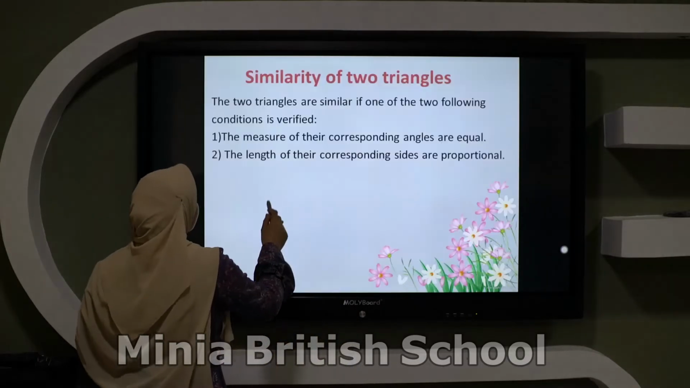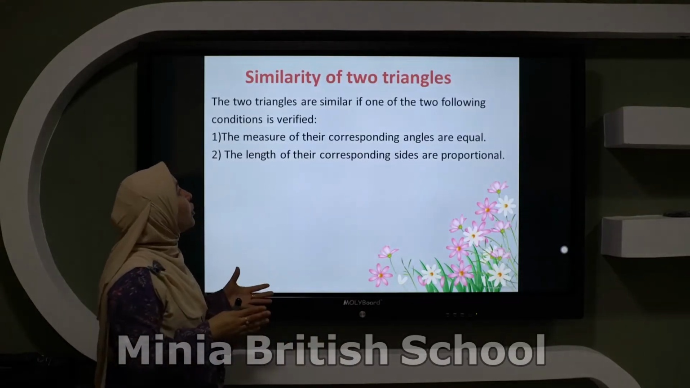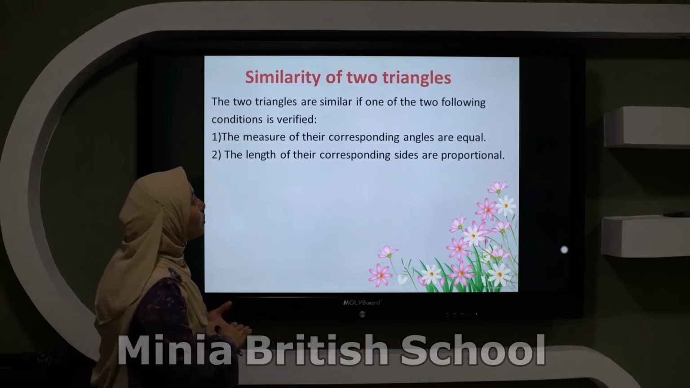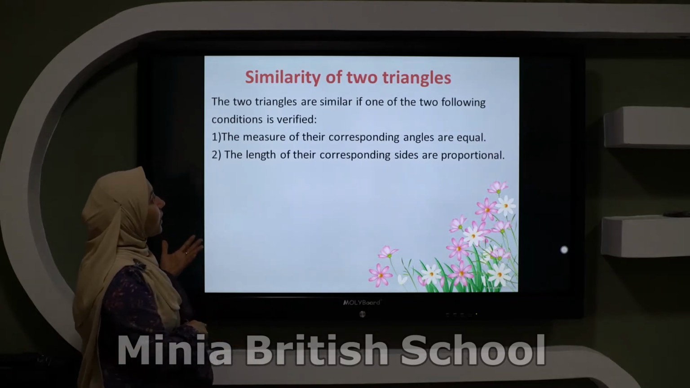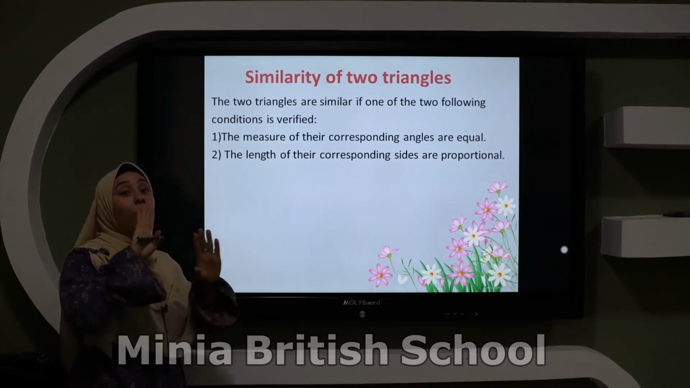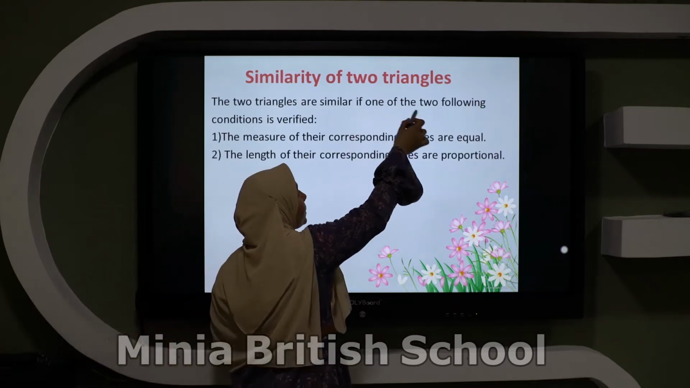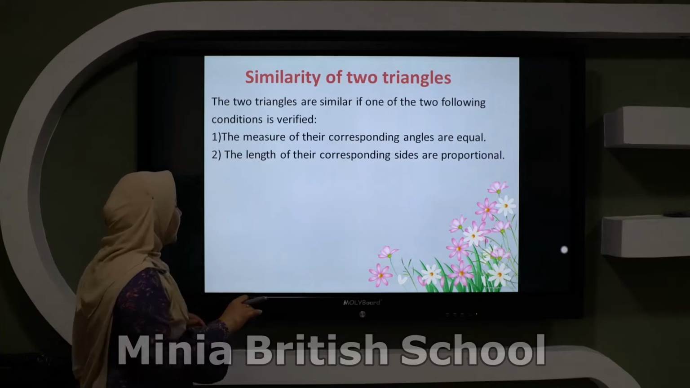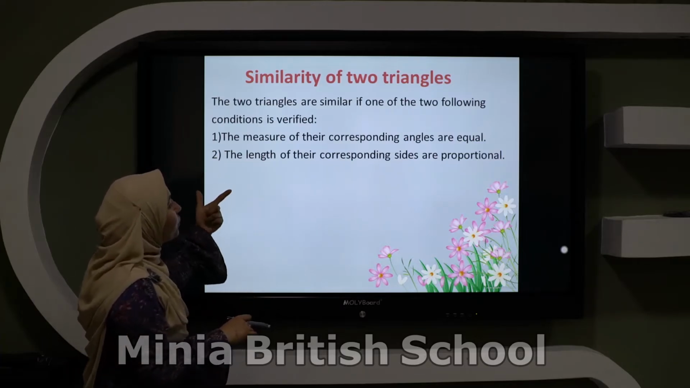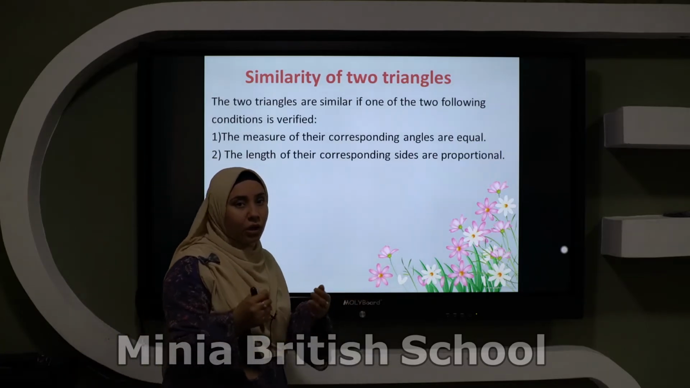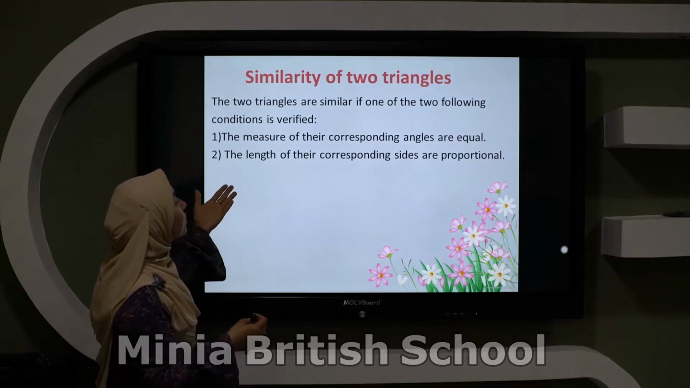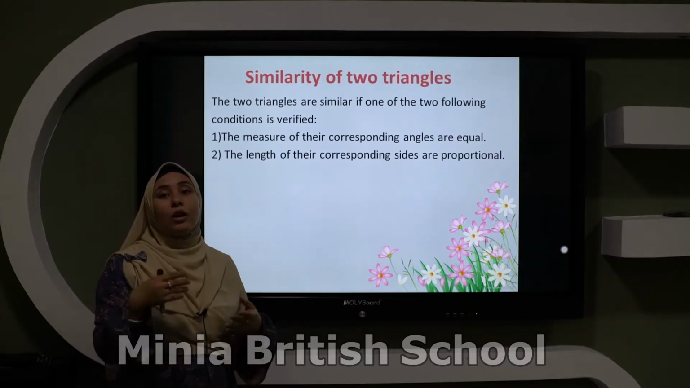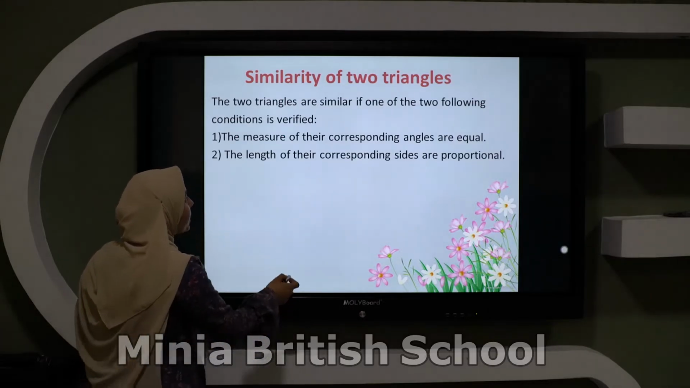Now, the second part here is the similarity of two triangles. The two triangles are similar if the two polygon conditions are verified, okay? The first one, the measures of their corresponding angles are equal, and also the lengths of their corresponding sides are proportional. For example, here,